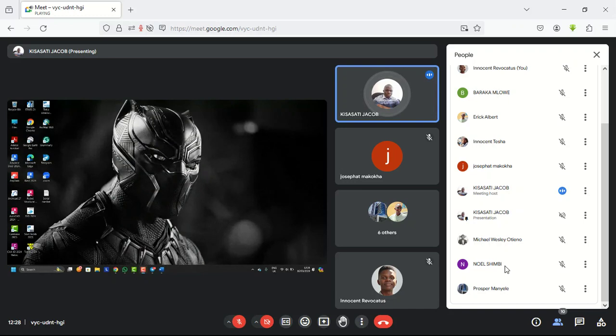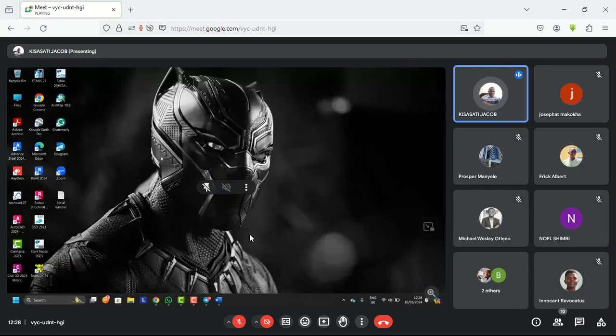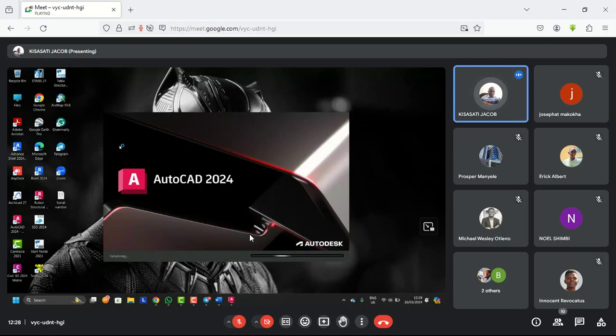Allow me to open my AutoCAD software because we are going to rely on it. As I said, on this platform we are going to use AutoCAD. We are also going to use the other software, ProtaStructure and ETABS. So for this one, let me just open AutoCAD. You can use any version of AutoCAD, but I'm going to use the latest version of the software, that is AutoCAD 24. ETABS, I'm going to use the current version 21. Then Prota,